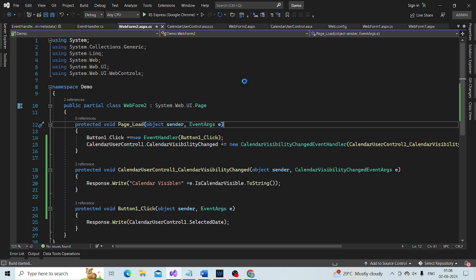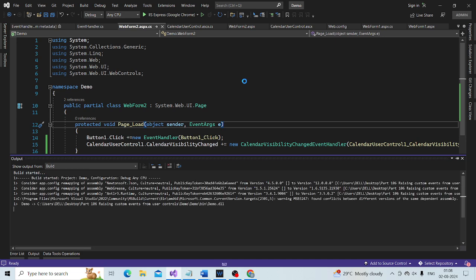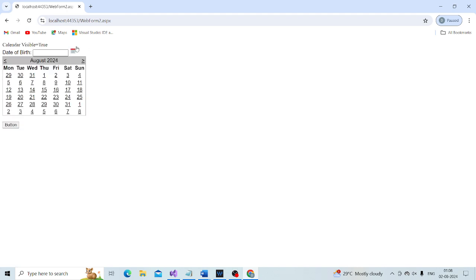So now we run this, and select any date, then you see, and then we click on the calendar visible, on the image button we had created.